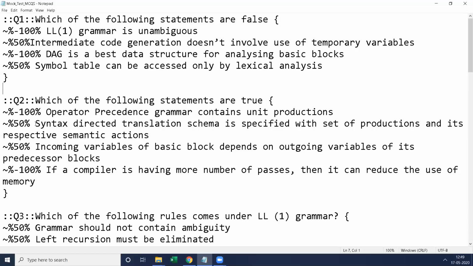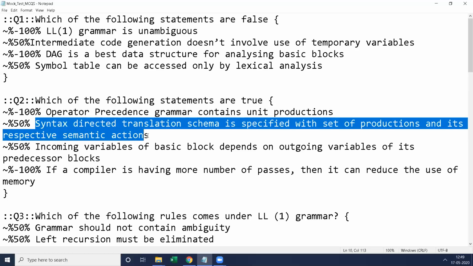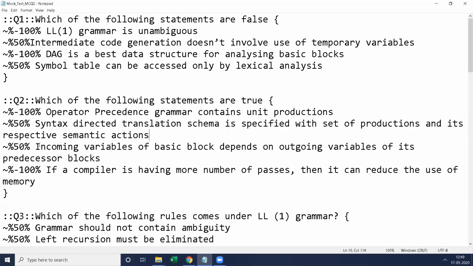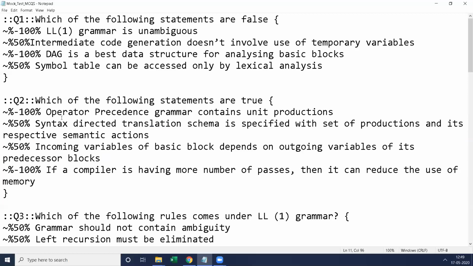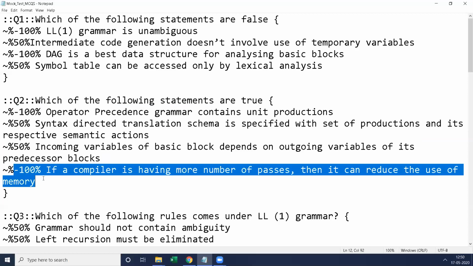Again, here I am having 2 right answers. This is the second choice, 1 right answer. Third choice, 1 right answer. So among 4 answers, 2 are right answers. 2 choices are right, so divide 100% by 2. So that is 50%, 50%. I am giving 50% weightage for the second choice, 50% weightage for the third choice. The remaining 2 choices, I am keeping at -100%, -100%.